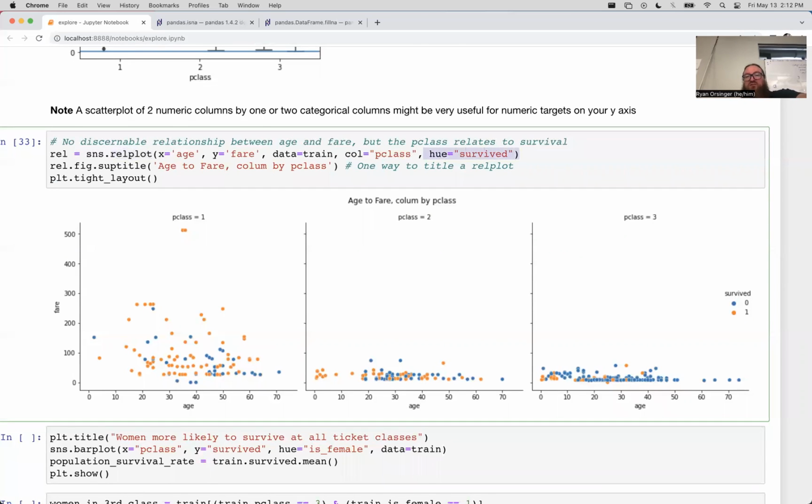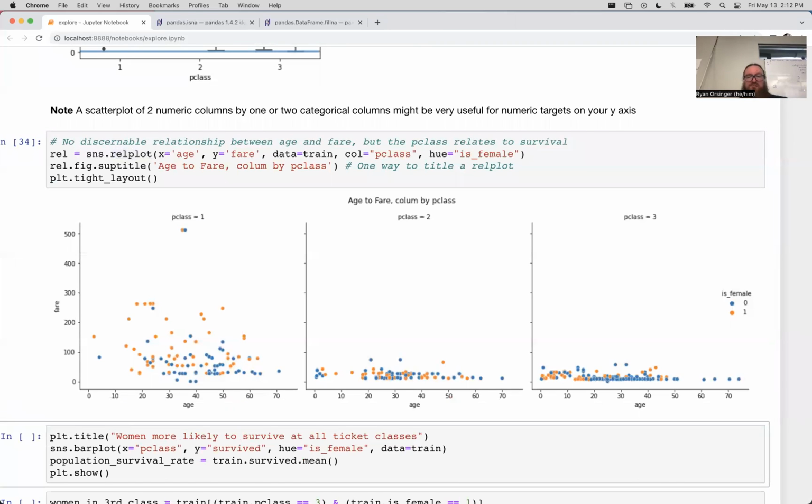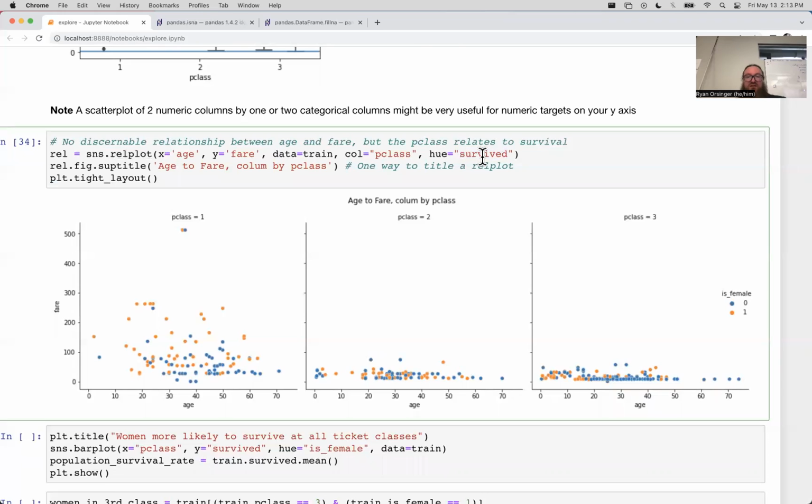And we could, if we didn't want to look at hue for survive, we could set hue to be another category, like gender, right? In fact, let's do that real quick. We lose the survived piece. Well, it's similar because the fare and the ages didn't change at all, right? We just changed the color of the hue here, so.